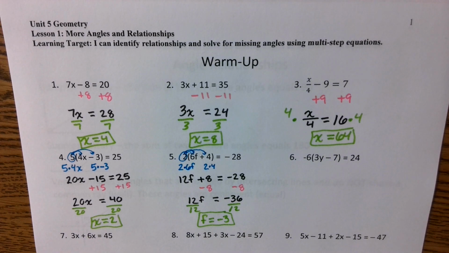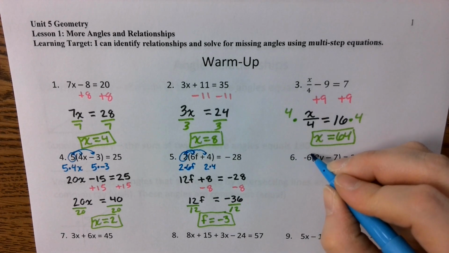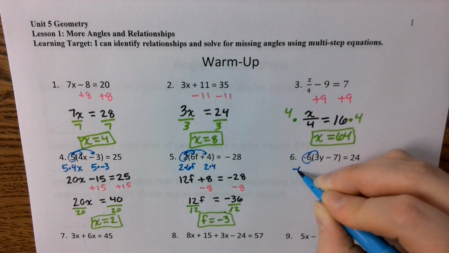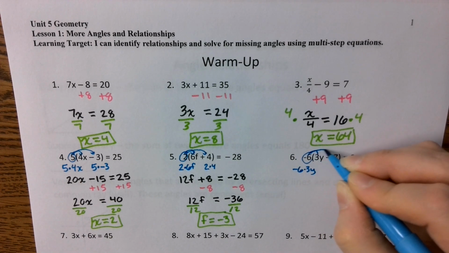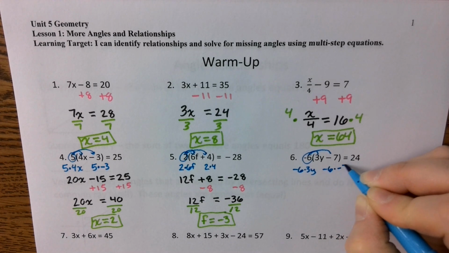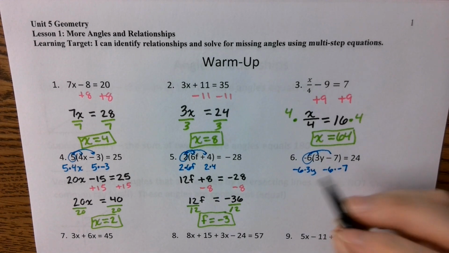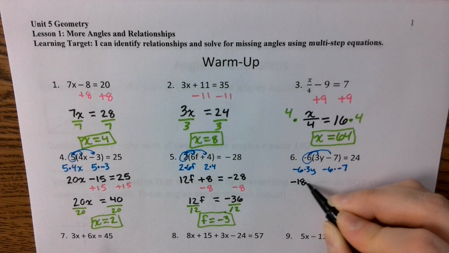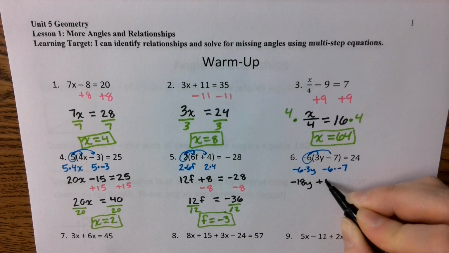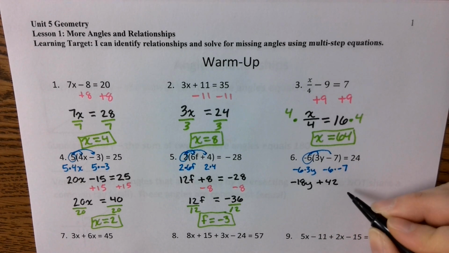Okay, and then for problem number 6, Caleb, what'd you get? Y equals 1. Very good. Okay, so again, you're just going to distribute. You're going to do negative 6 times 3y, and then you're going to do negative 6 times negative 7. So that gives you a negative 18y, and then a positive 42, because negative times negative is a positive,